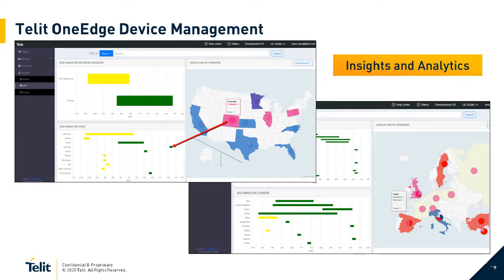So if we look at, here's an example of our Insights page. This uses an analytics engine in the background. We leverage this to help customers analyze the performance of their roaming operators. In the pages we're actually looking at here, we break down your network performance by country and your signal, your RSSI per country, as well as your RSSI per operator, and allow you full abilities to search and dissect and filter that data. So you can see, hey, maybe in France, I'm roaming on a particular operator that's not performing as well as some other operator.